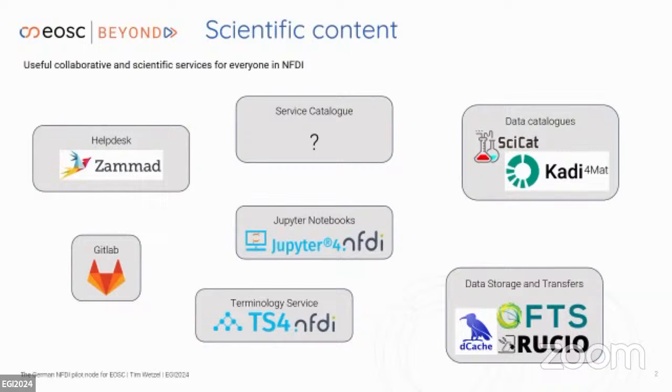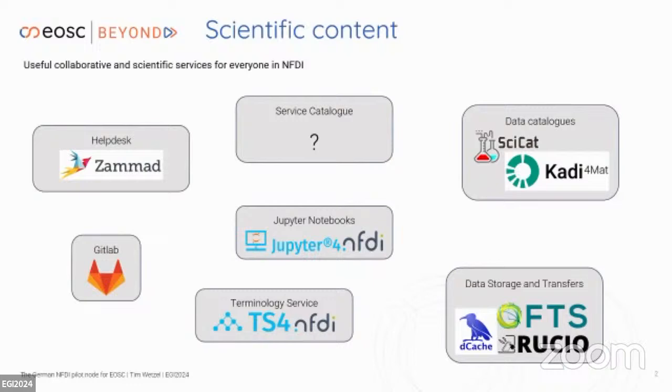So looking at the scientific content as a first reach out, so to say, what we want to offer is, of course, a service catalog. And that's the most prominent one you see with a question mark, because we're not really decided upon the software or the product to use to show what we have. But what we want to offer is a help desk connection, of course, a GitLab to share code, to run CI/CD pipelines, containers,